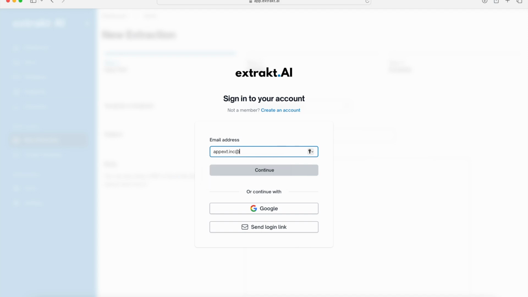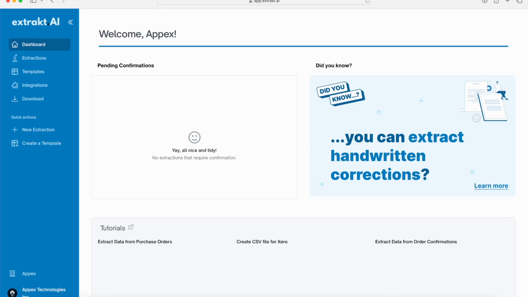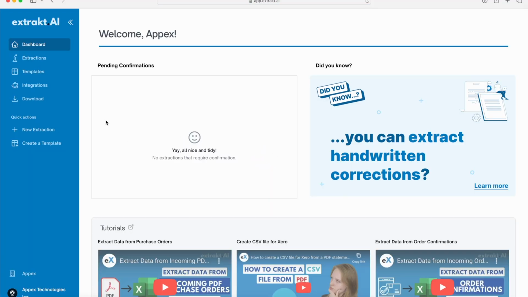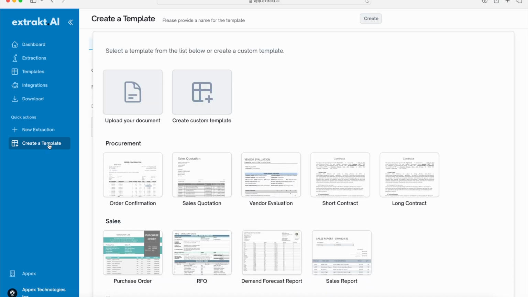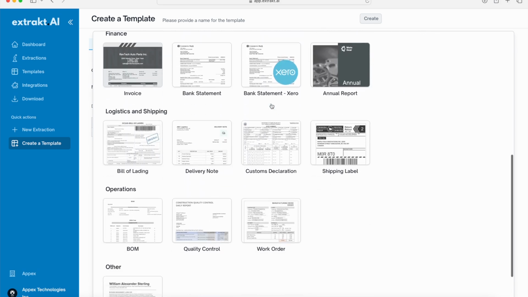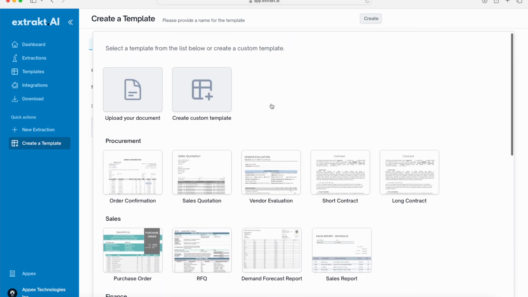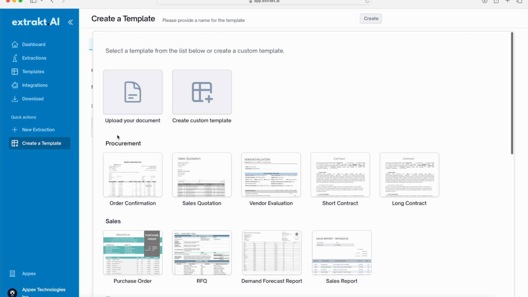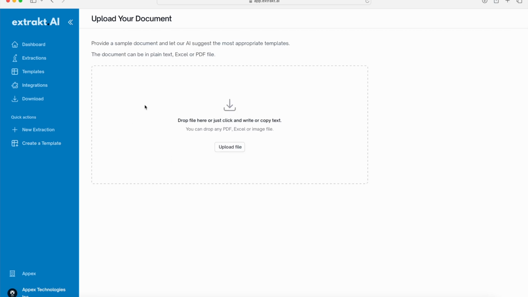First, log in or create a new account. Before we start extracting data from our documents, we need to create a template to define the type of data we want to extract. You can create a custom template or choose one from the Extract AI library. If you can't find a pre-made template for your document and you're not sure yet what exactly you would like to extract, you can upload your file here and Extract AI will analyze it and recommend a template based on